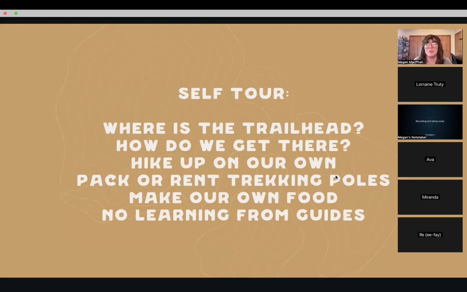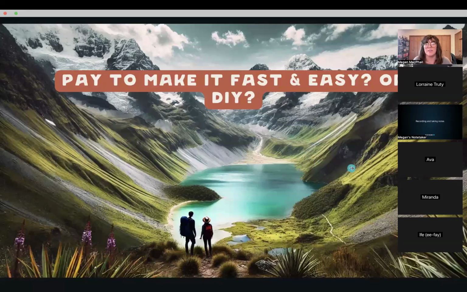I really want to do it the easy way with the horses. Then we're going to probably have to rent trekking poles or pack them with us because it's a huge elevation gain. We're going to have to go to a store and make our own food. And then we also won't have the added benefit of learning from the guides. So it's really just to say, are you going to pay to make it fast and easy, or are you going to DIY it?